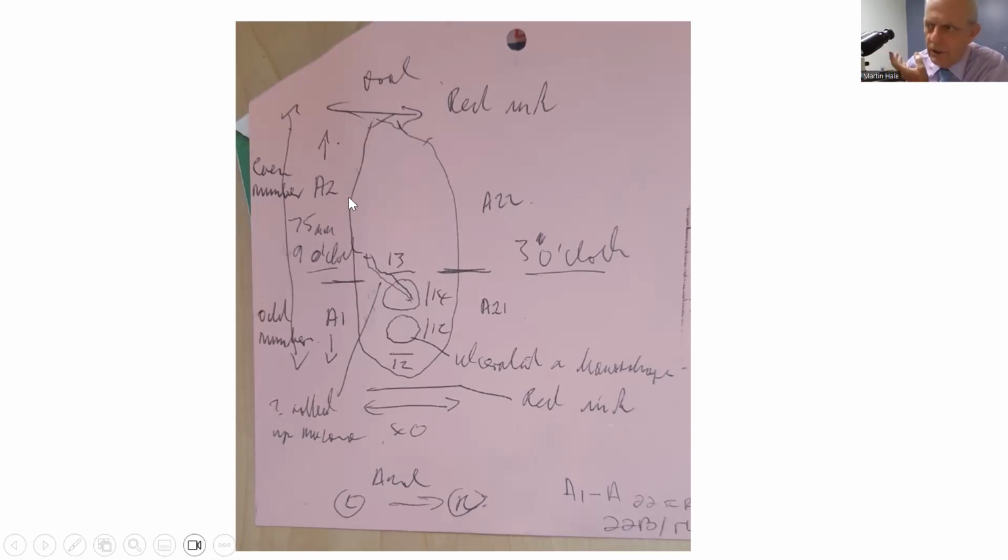So I don't put it into a Swiss roll because I don't want to disturb any of the anatomy. You see that I've measured the size of the tumors, these nodules, 13 by 14, and then 12 by 12. Notice that I've said that this one is ulcerated and hemorrhagic, so I know exactly where I am when I read the sections. And here I put A1 and A2, and that refers to my blocks. And then on the other side, because I've breadloafed it and taken my sections from left to right, on the other end I've got A21 and A22.